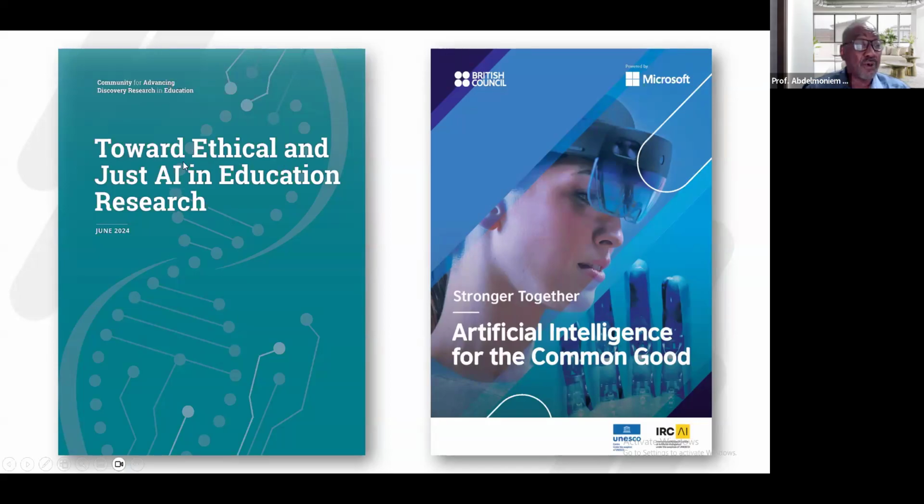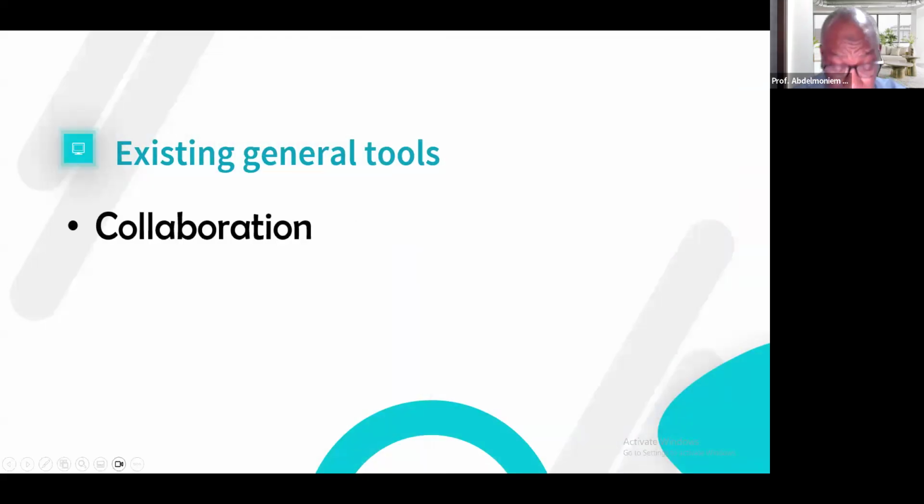And also there are other reports, including this one, which was issued also in June 2024, towards ethical and just AI in education and research. So publications are out there talking about the use of AI in research and education.